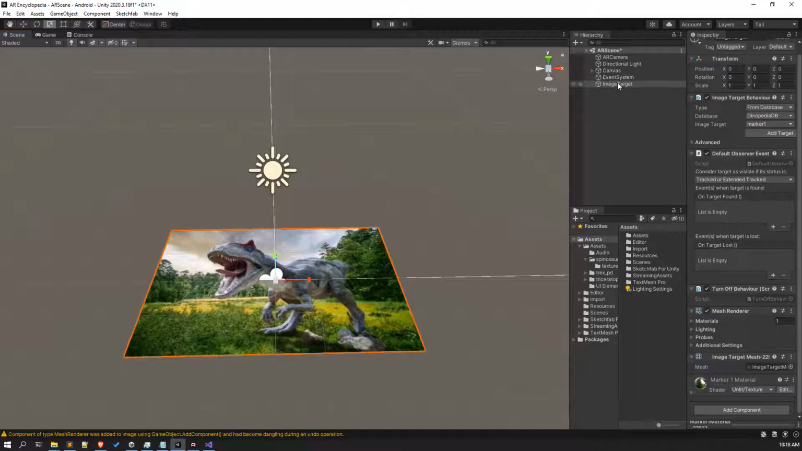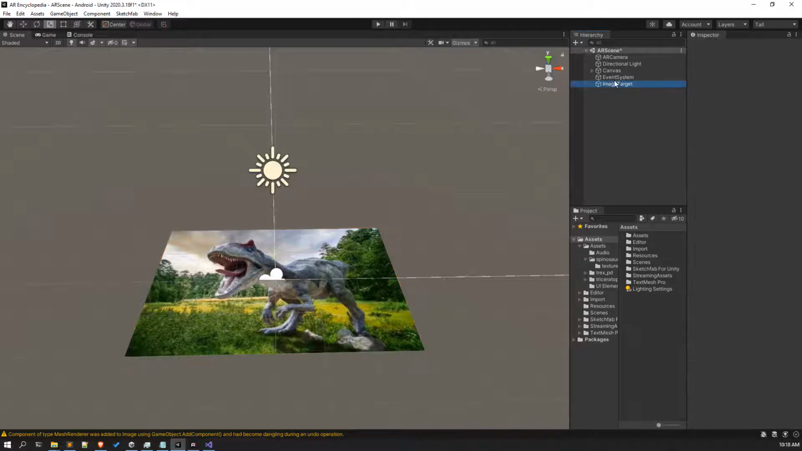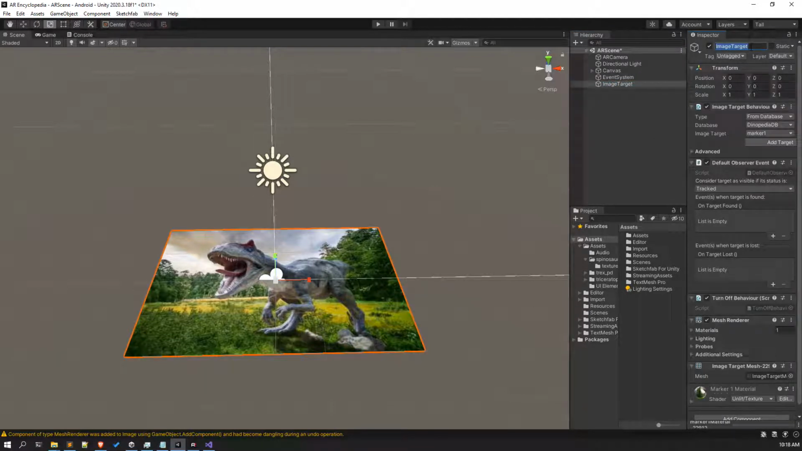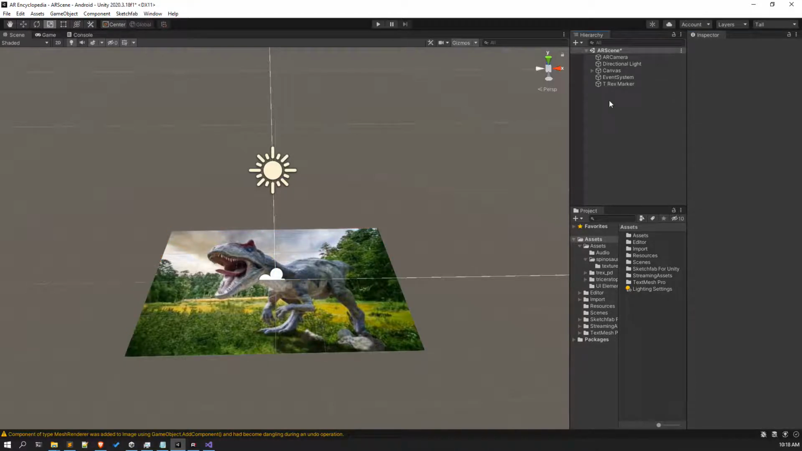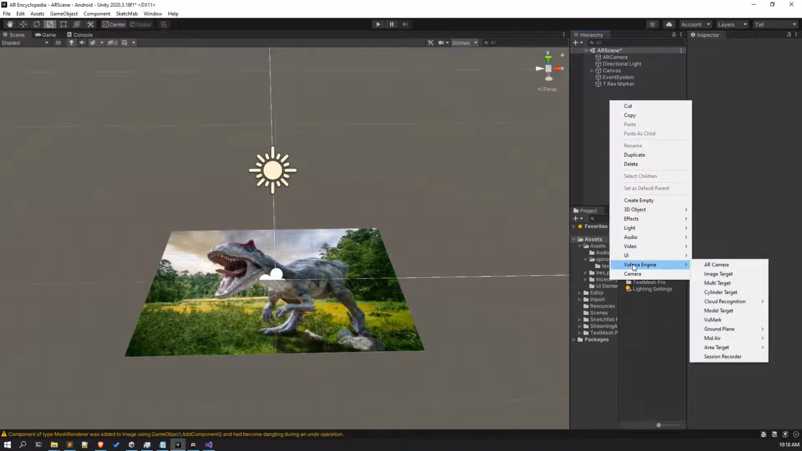Now what I want you to do is click on the image target. In here you will be finding an option, Tracked or Extended Tracked. Click on Tracked. All right, and let's give it a name. Let's keep marker 1 for the T-Rex. All right, let's name it T-Rex marker. Let's add another marker,